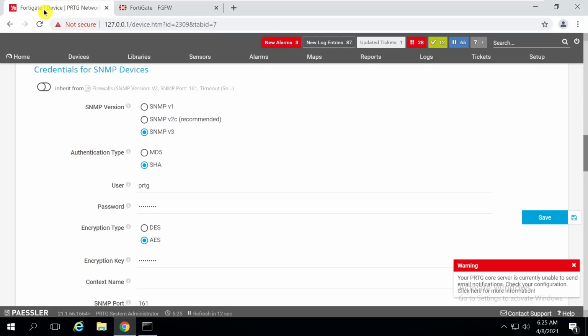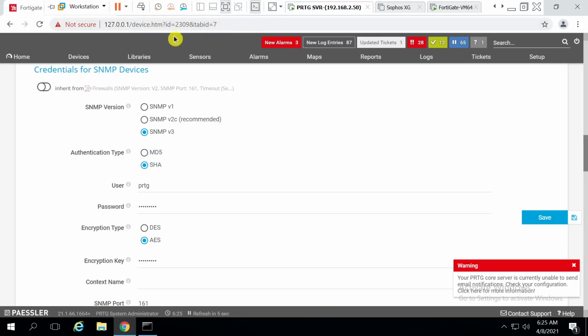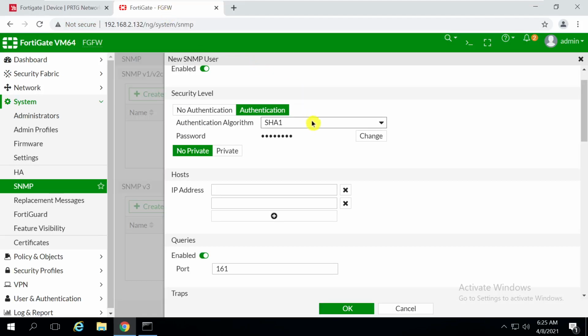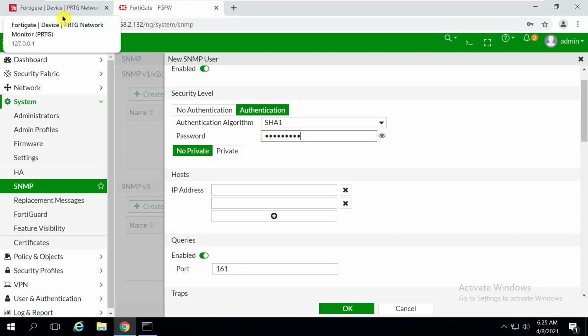I am using AES and the SHA algorithm, SHA1, and I need to change this password. Now about without encryption, so no private.